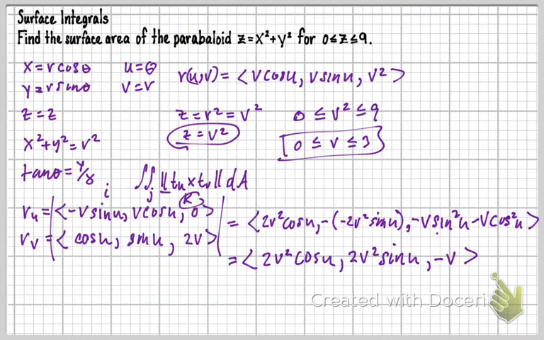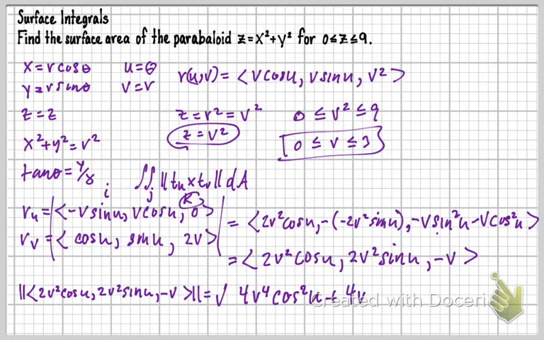Now keep in mind here, it has to be the magnitude of that. That TU cross TV is really RU cross RV, to be specific. So now we're just going to take the magnitude of this, and the magnitude is just taking the square root and squaring everything. So that's going to be 4V to the 4th cosine squared U plus 4V to the 4th sine squared U